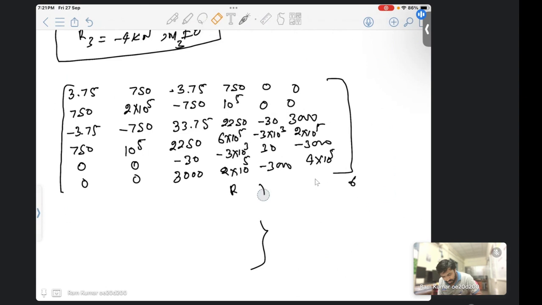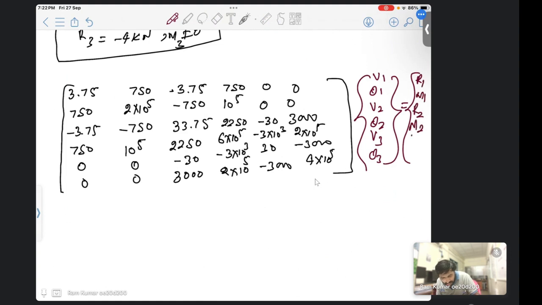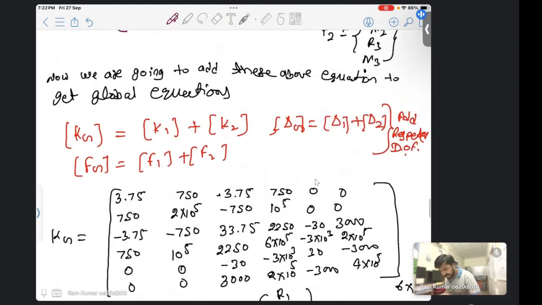So I will remove this one. What will be delta? Delta is B1 theta 1, B2 theta 2, B3 theta 3, then this one R1 M1, R2 M2, R3 M3. So one thing I want to tell you here, when assembling these to get the stiffness,